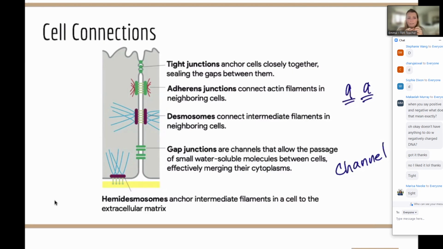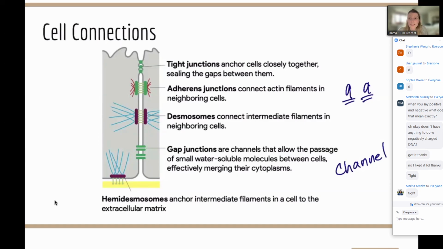If we have cells that need to communicate with each other all of the time, gap junctions are really common in plants because they are sending stuff back and forth to one another, sharing nutrients, sharing water. Potentially this part of the leaf is more exposed to sunlight than this part of the leaf, so they can share between those cells. So gap junctions, you definitely see a lot in plants, but they are still in animal cells as well.